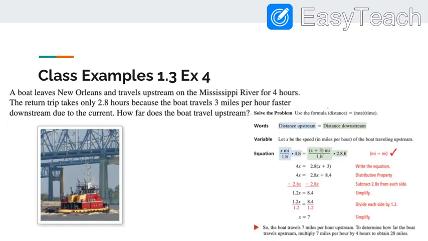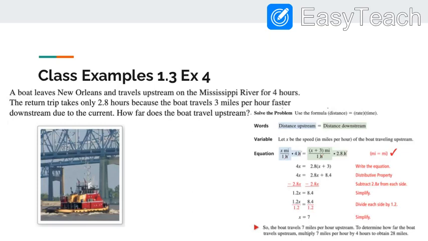Alright, again, we're just going to look through this problem and see how they did it. They're saying a boat travels upstream for 4 hours. The return trip takes 2.8 hours because the boat travels 3 mph faster downstream due to current. How far does the boat travel upstream? So they're going up the river and down the river, meaning they're doing the exact same distance, and that can be kind of hard to tell right away from the problem. So because we know the distance is the same,